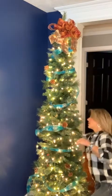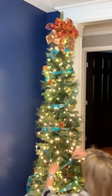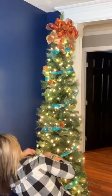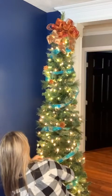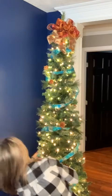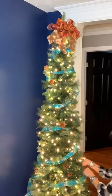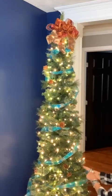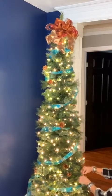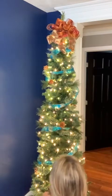So let me just move this one down a little bit. And I'll move this one down. Okay, now see that looks better. It's a little bit more spaced out more evenly. And it takes me for the most part pretty much all the way to the bottom, which, like I said, there's going to be so much stuff on this tree. It's not like it's detrimental,